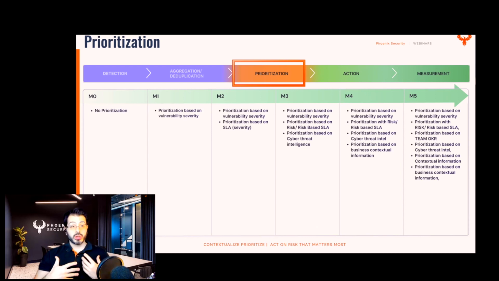So that's when organizations start realizing SLA in itself is a guidance, it is not an objective. The objective is reducing the vulnerability that matters most. And that's why they usually go to maturity level 3, where we start moving towards a more risk-based contextualization and risk-based vulnerability management